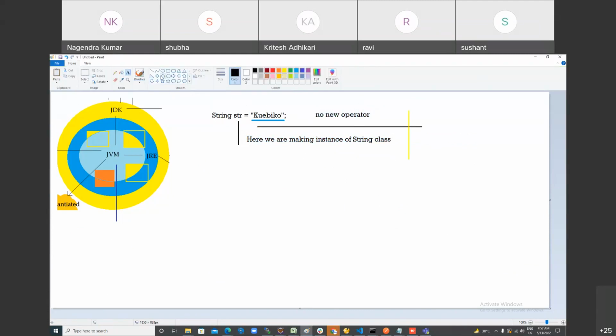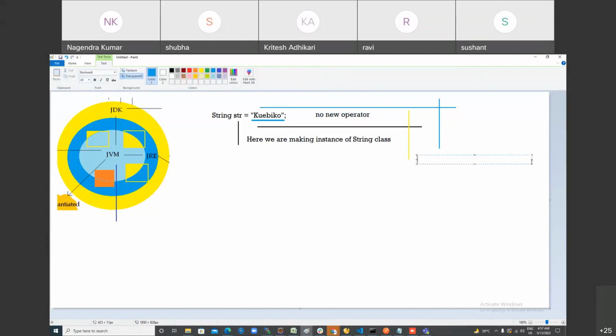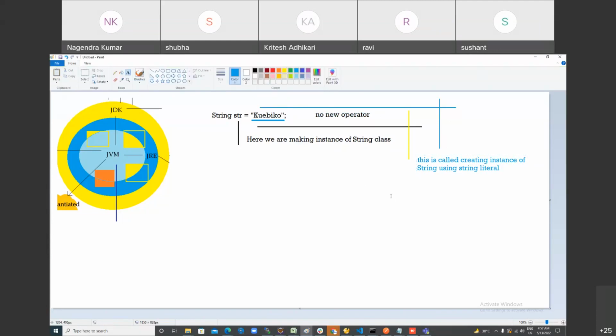So this is called creating an object of string using a string literal, because we are not using new. We are just using a literal. Literal means constant value. This is called creating an instance of string using a string literal. So when you make an object of string like this, in the JVM, the Java Virtual Machine, which is responsible for running your Java program,